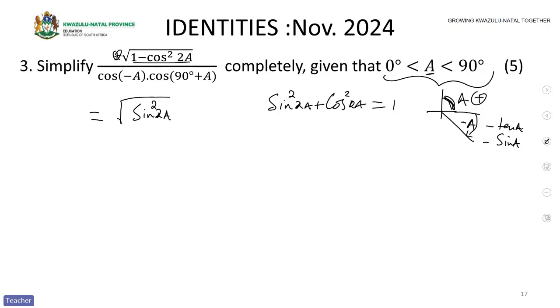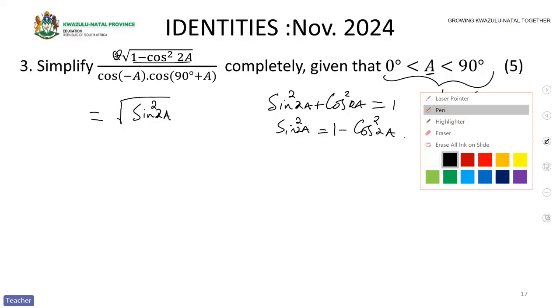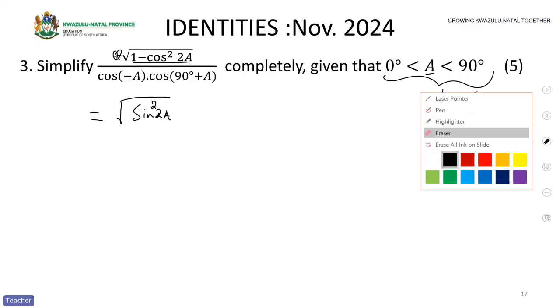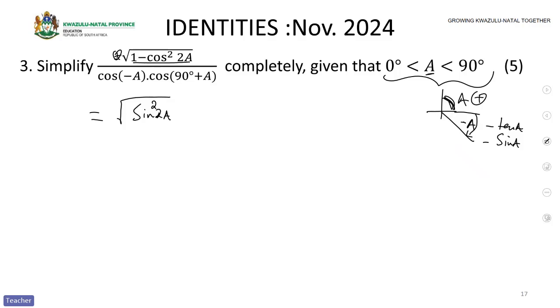So through additive inverse, if I put cos squared on the other side, sin squared 2a will then be equal to 1 minus cos squared of 2a. That's where it comes from. So please be careful of that one. And that's why we had to recall our identities. So this will then be what? Whenever I see that one, I see sin squared 2a,